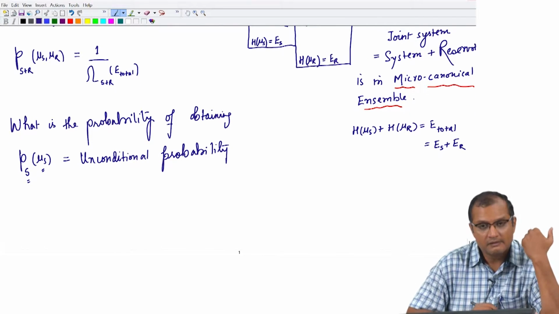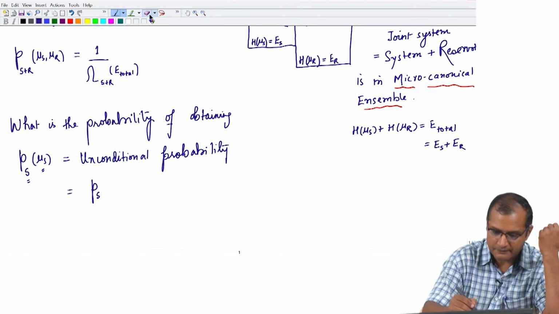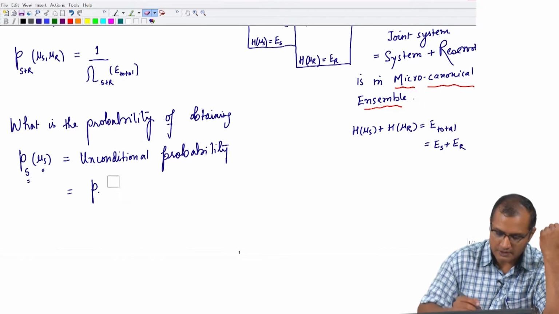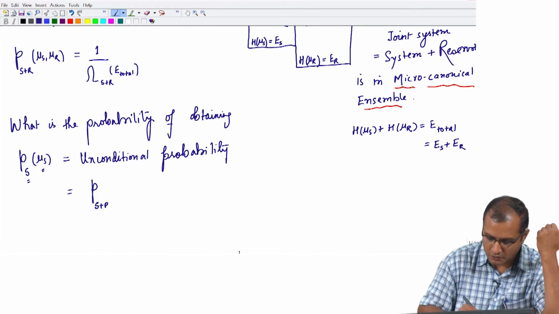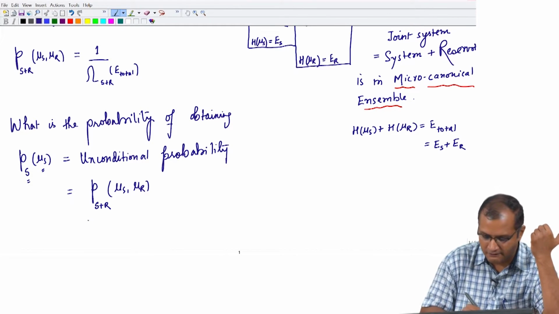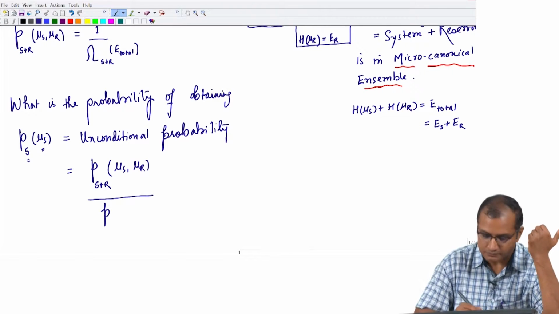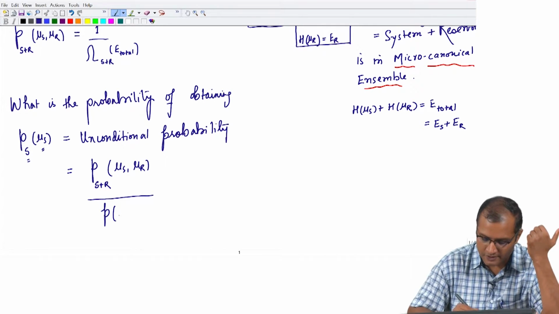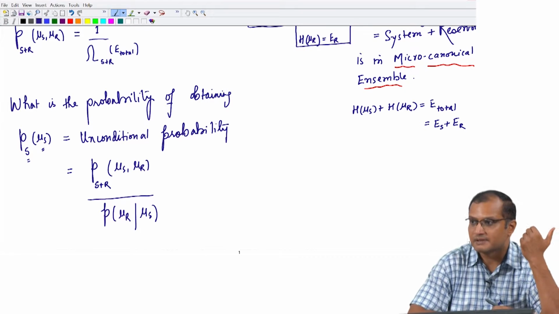And this can be answered by virtue of Bayes theorem, that if I have the total joint probability, if you recall the Bayes theorem, then I can simply say that this is nothing but the joint probability or total probability of obtaining the system in this doublet divided by the conditional probability